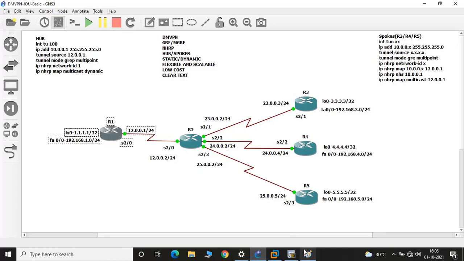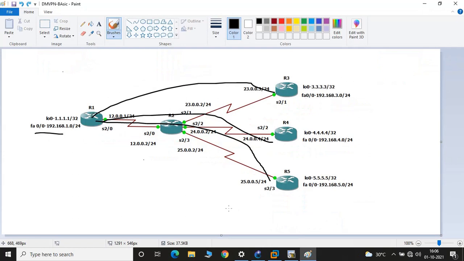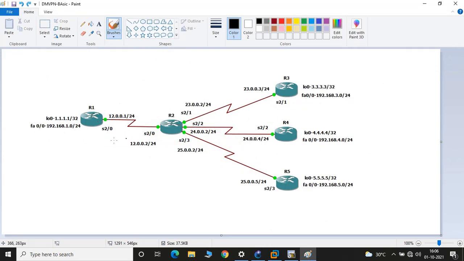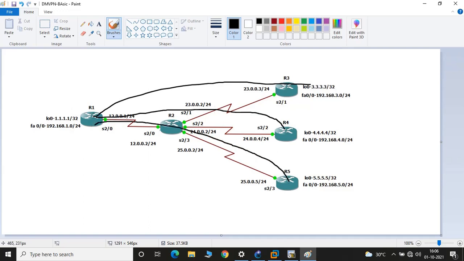Earlier we used to have point-to-point tunnels, where for every branch you need to create a separate tunnel to make the communication happen, because the data will be coming from the internet. Ideally it should not be recommended to send it in clear text format, as GRE natively supports clear text format only. It doesn't support security. So if you apply IPsec over this DMVPN, it is one of the very good solutions, I would say, to have DMVPN in your production network.